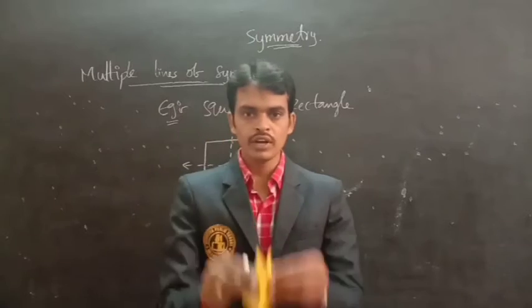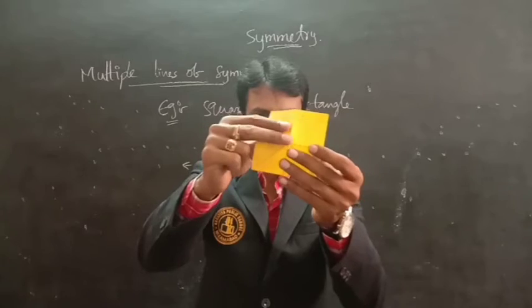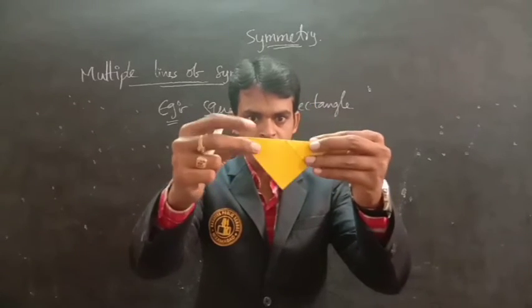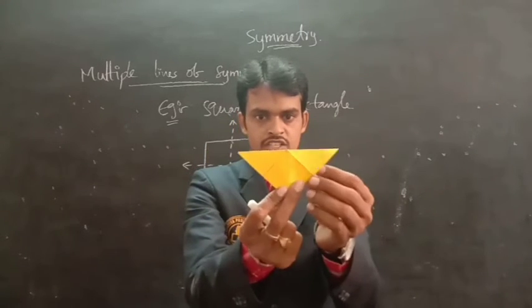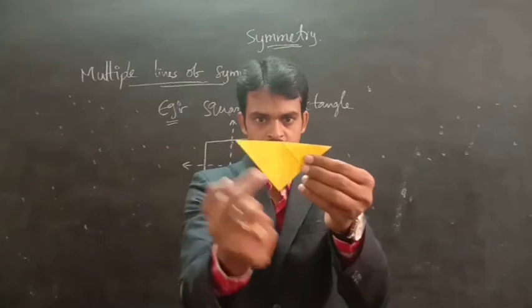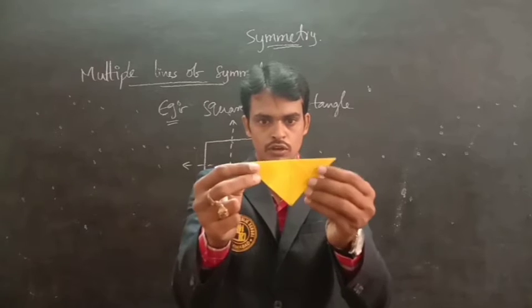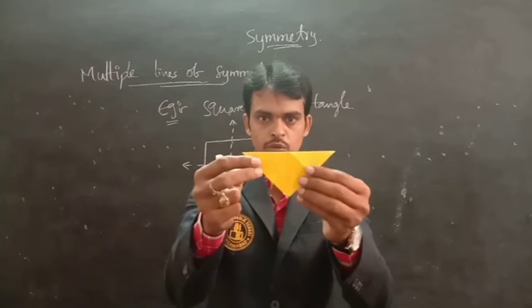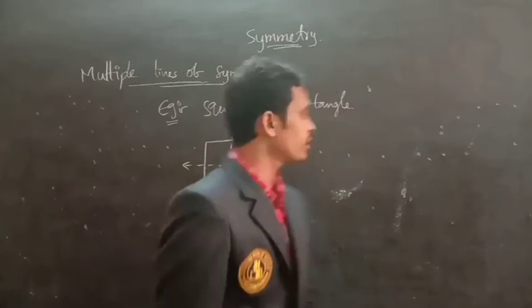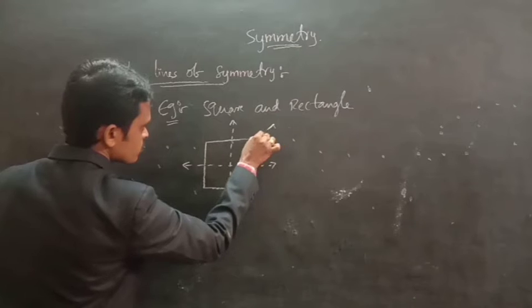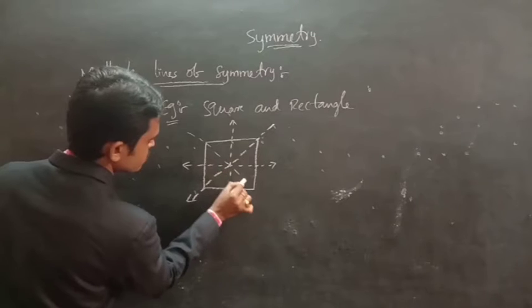And moreover, this square I divided like this diagonally. Yes, so we got triangles. See, this is one triangle here, and on this side, this is one triangle. So diagonally also the square we can divide into two equal parts. They are exactly matched with each other. So diagonally like this, and another diagonal also we can divide like this.